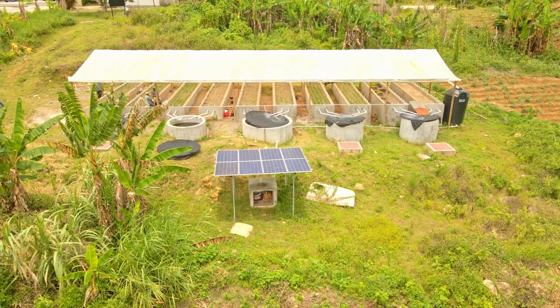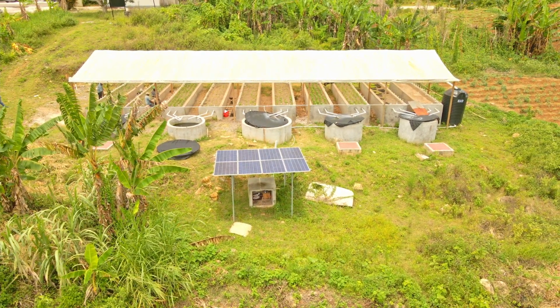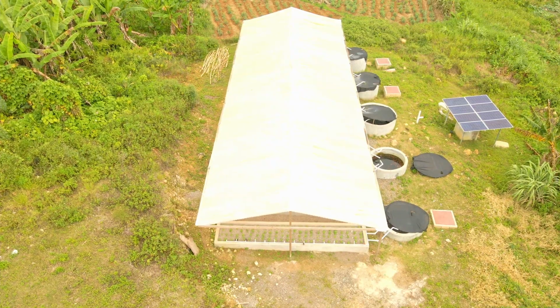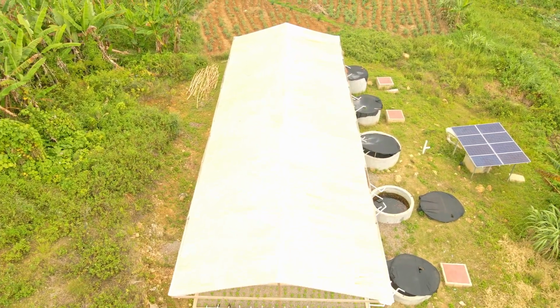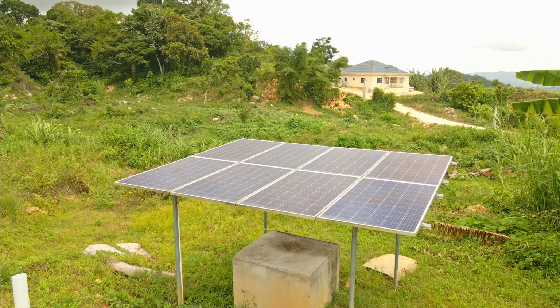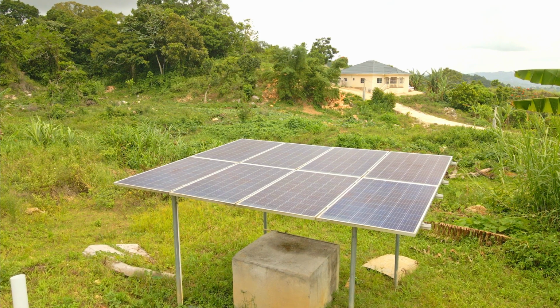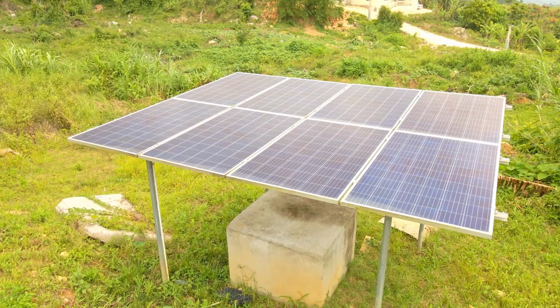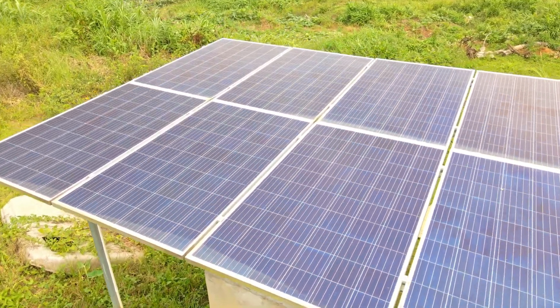Covering with greenhouse plastic gives the added benefit of avoiding flooding of the system during heavy rains. Either way, gutters can be added to the structure to collect rainwater, which can be stored to replenish the system. A small solar system to power the pump is recommended for commercial operations. The solar system is usually configured with panels, charge controller,